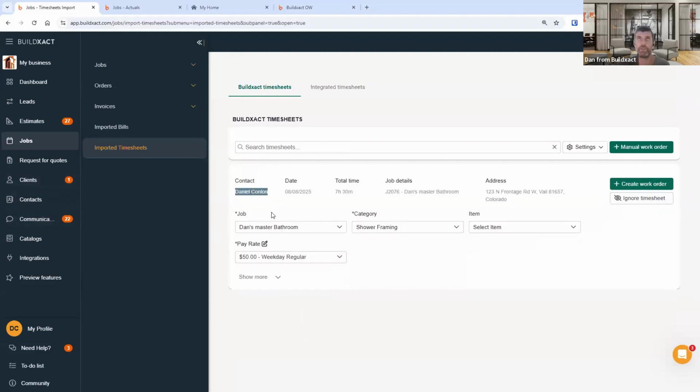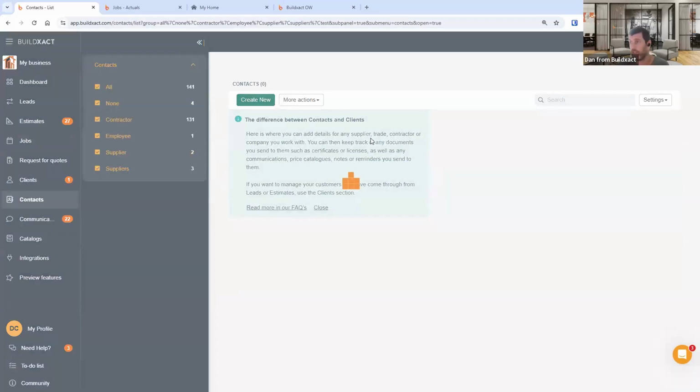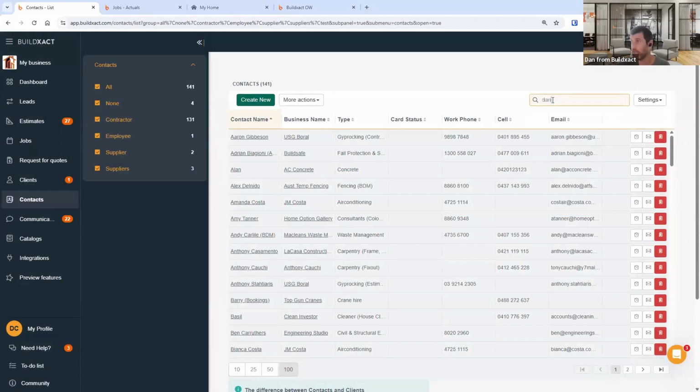Anecdotally, we are seeing more usage of it with internal staff for timesheets, simply because subcontractors, generally speaking, are just going to invoice you anyway, and the dollar allocation of how much it costs them comes in when you enter the invoice. Whereas guys on site, they just log timesheets, and the timesheet method is the best way to see the cost of running them in your project. So if we go contacts, I'm in here somewhere,